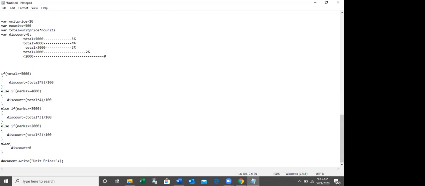If you want to join, you have to use plus mark, right? Unit price is equal the variable unit price. So this will print unit price is equal 10, right? Then I'm going to add the line break also. For the line break, you can use BR.